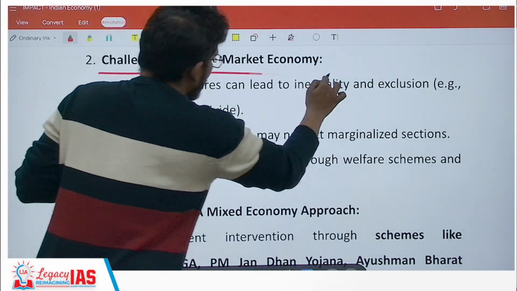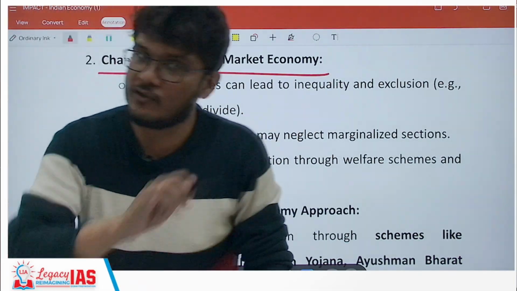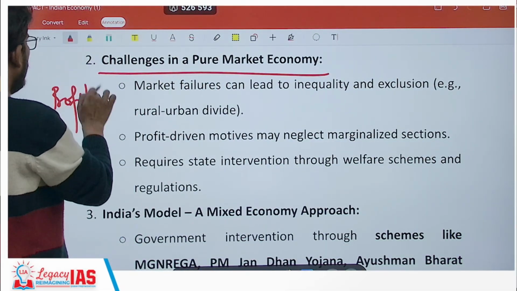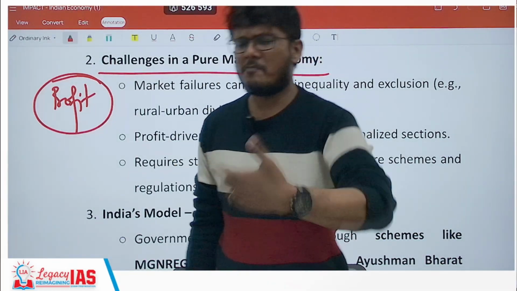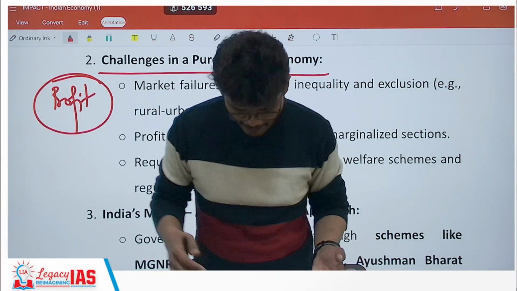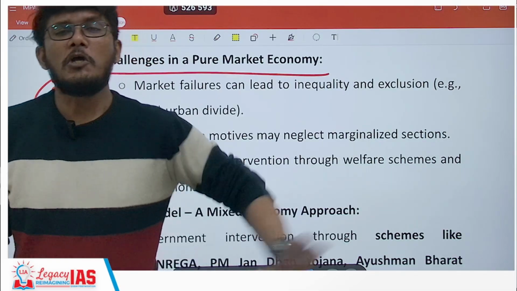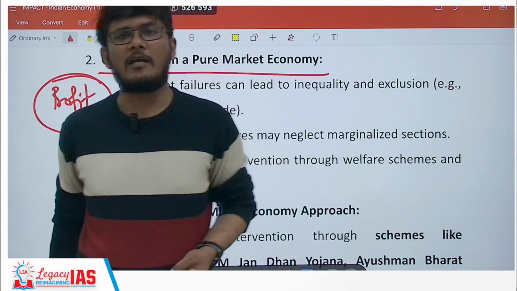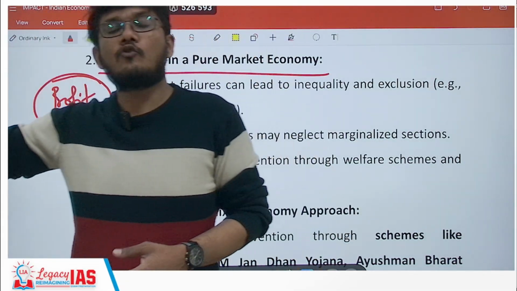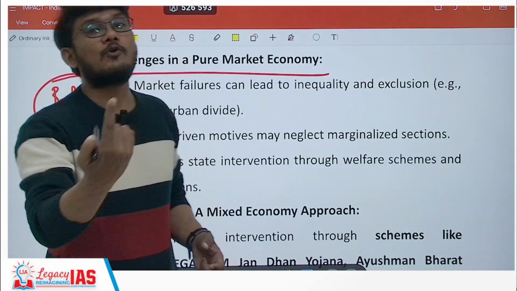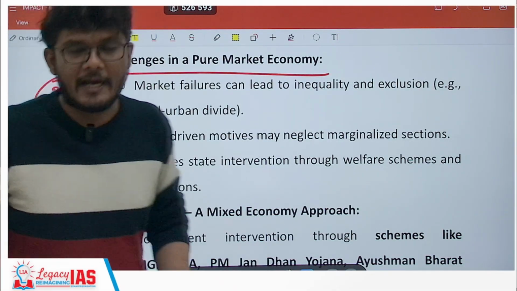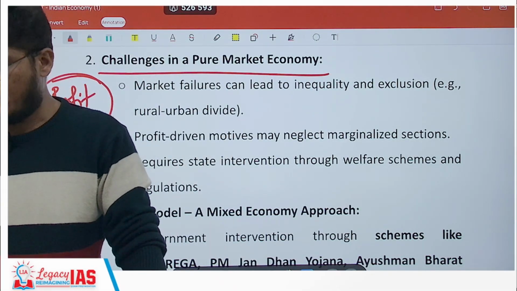However, will market economy alone suffice? No. Why? Because it's a pure profit motive. Since it's a pure profit motive, if you don't have the money, why would I sell it to you at a lower cost? The demand is high, right? So I am going to sell it at a higher price. You will not get necessary medicines, necessary medical equipment, basic amenities may not be possible. It may be out of your reach. So the last person standing in the queue would not be able to get it. And this is the specific issue with market economy, as a result of which state economy came into the picture.